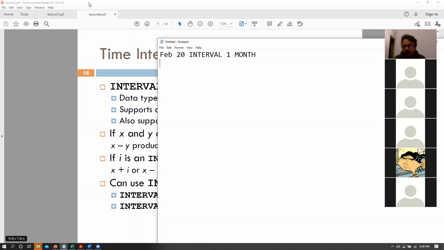So in this scenario, what should be the next date? Should it be March 20th? Because February has 28 days, or should it add 30 days directly? So that should make it basically March 18th, right? So these considerations need to be made.